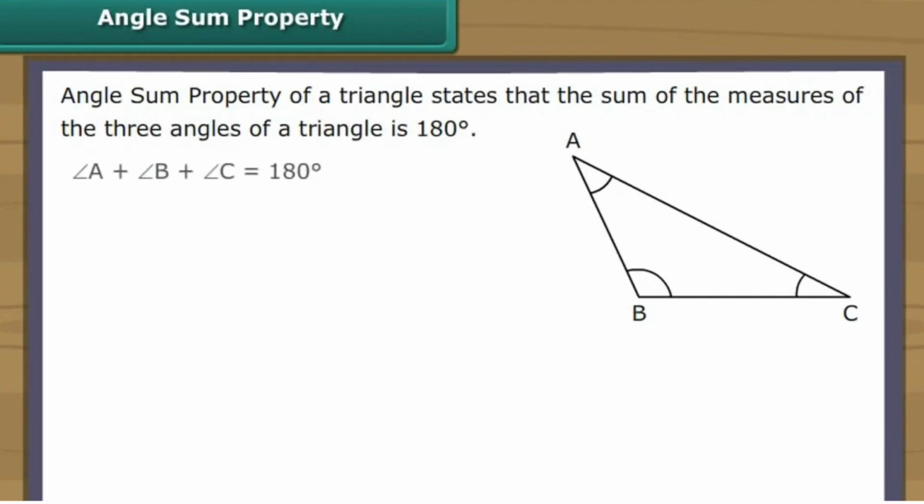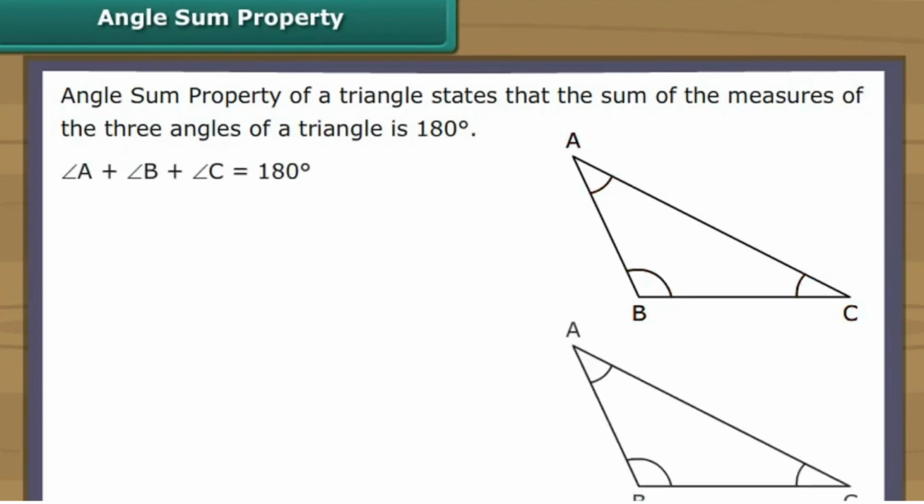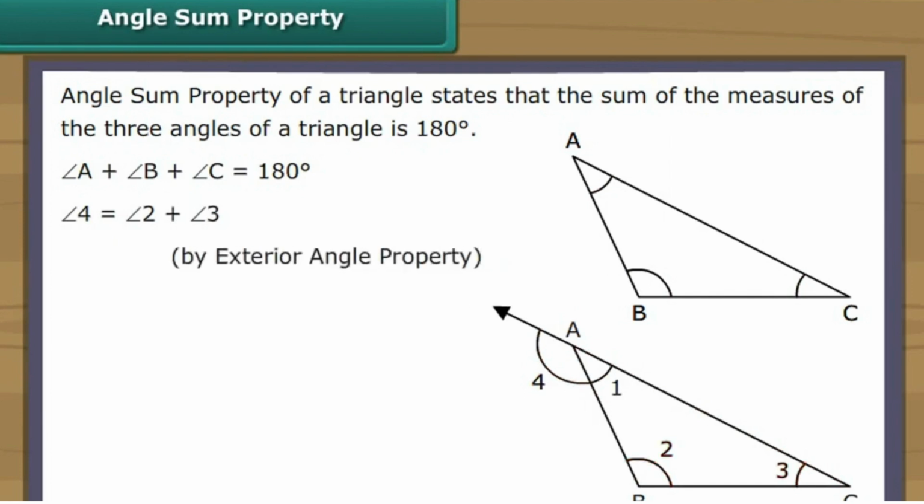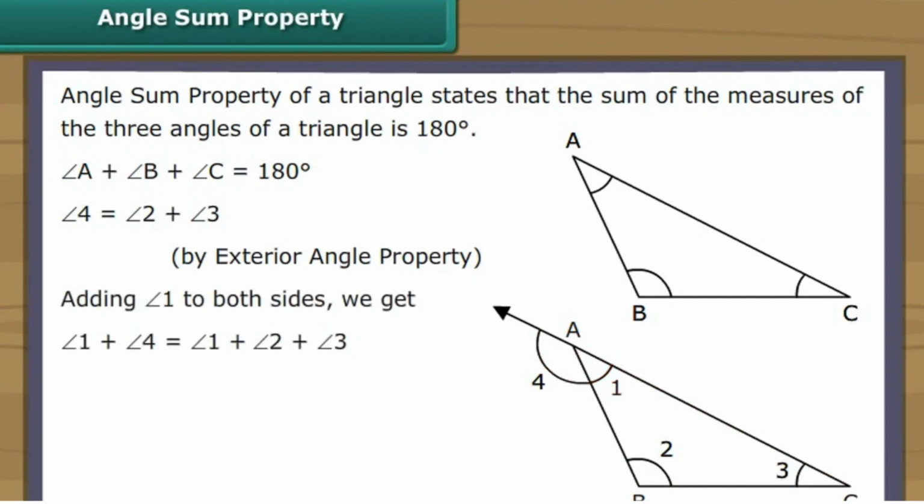In the figure, angle A plus angle B plus angle C is equal to 180 degrees. Let us now prove the angle sum property of a triangle. Extend angle BAC. Angle 4 is equal to angle 2 plus angle 3 by exterior angle property. Adding angle 1 to both sides, we get angle 1 plus angle 4 is equal to angle 1 plus angle